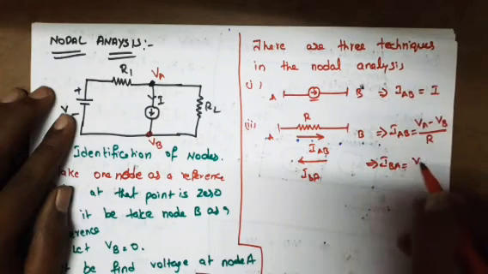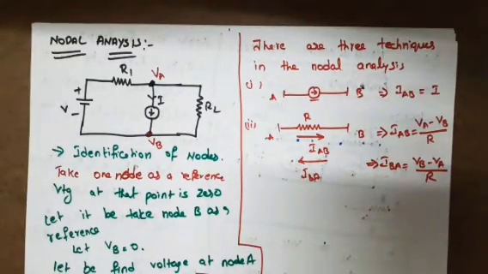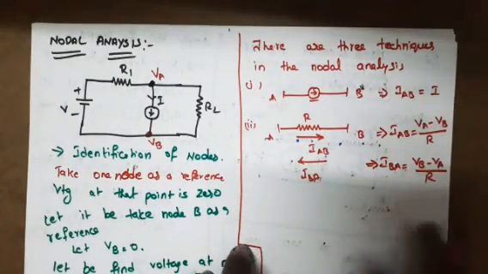IBA is equal to VB minus VA by R. Is it clear? And another technique is,